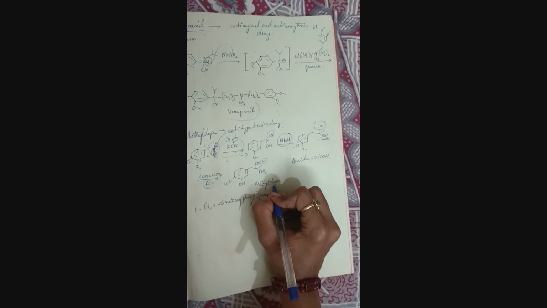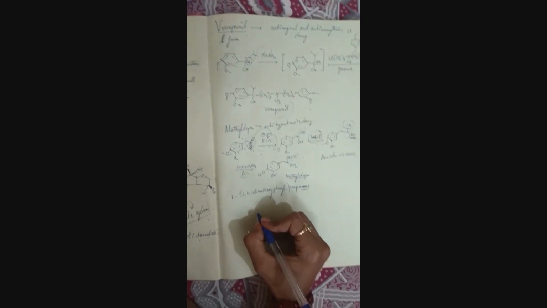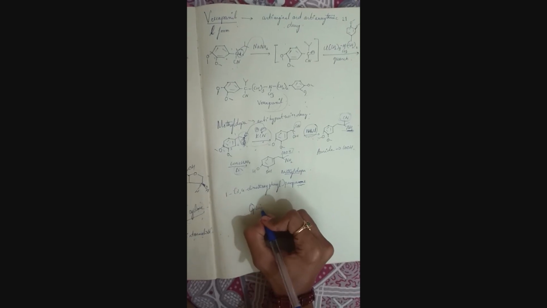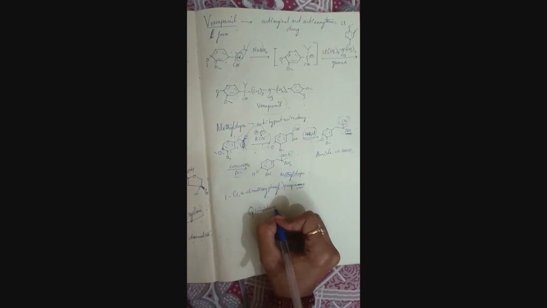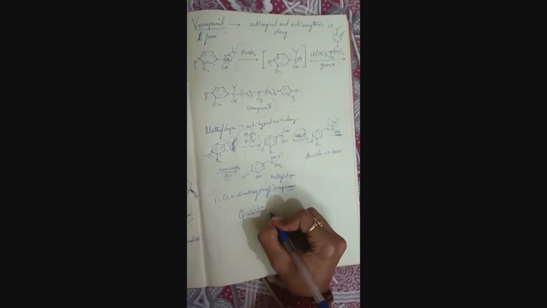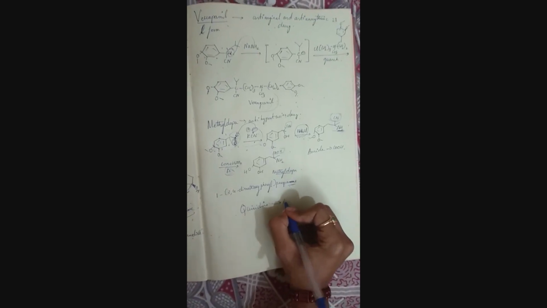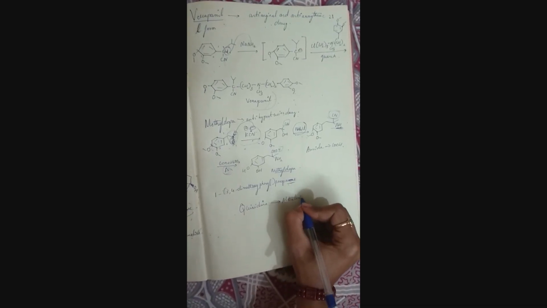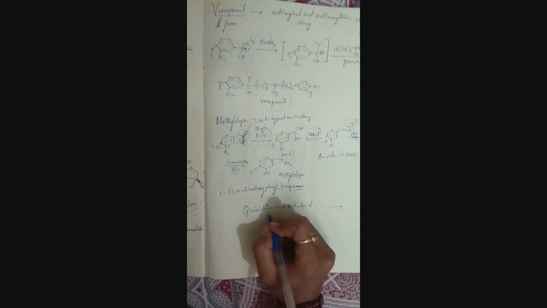There is even one more drug, quinidine. It's an alkaloid, and it is an anti-arrhythmic drug. The synthesis is quite long, so I don't want to take it, but if you want the synthesis of this, please